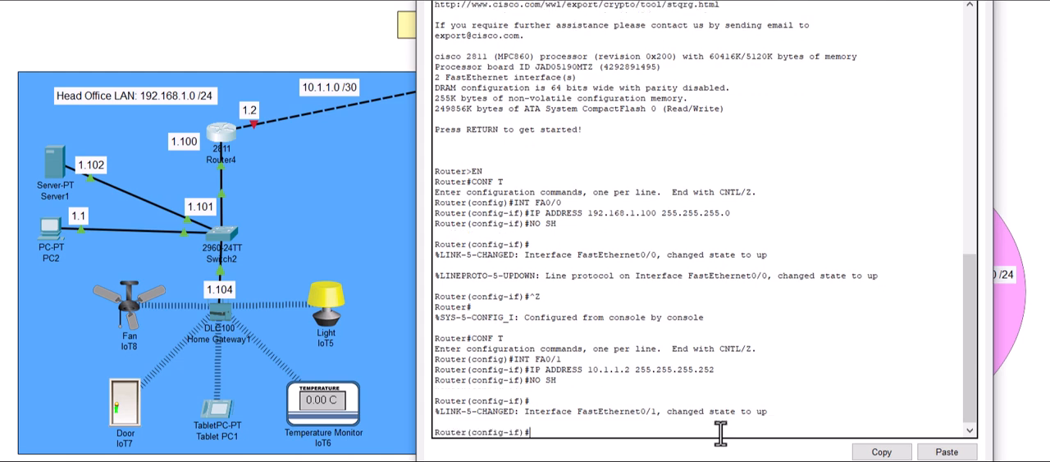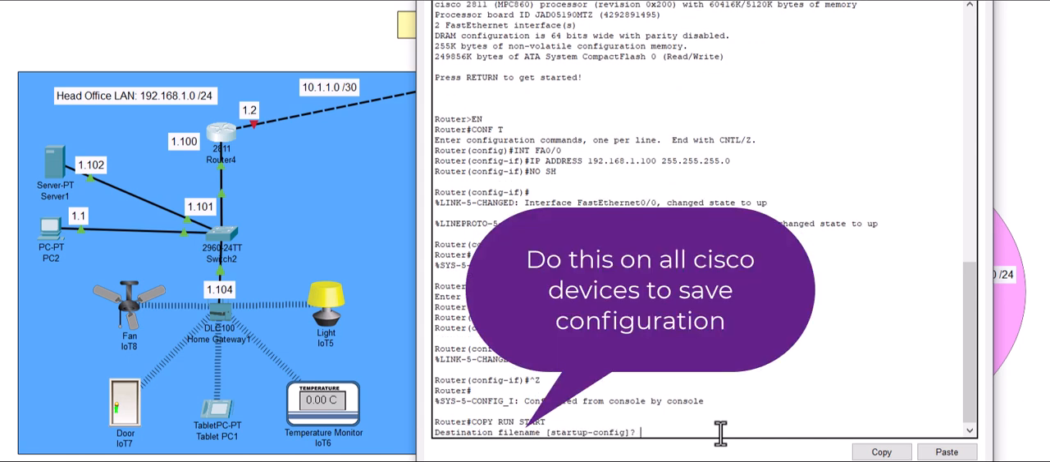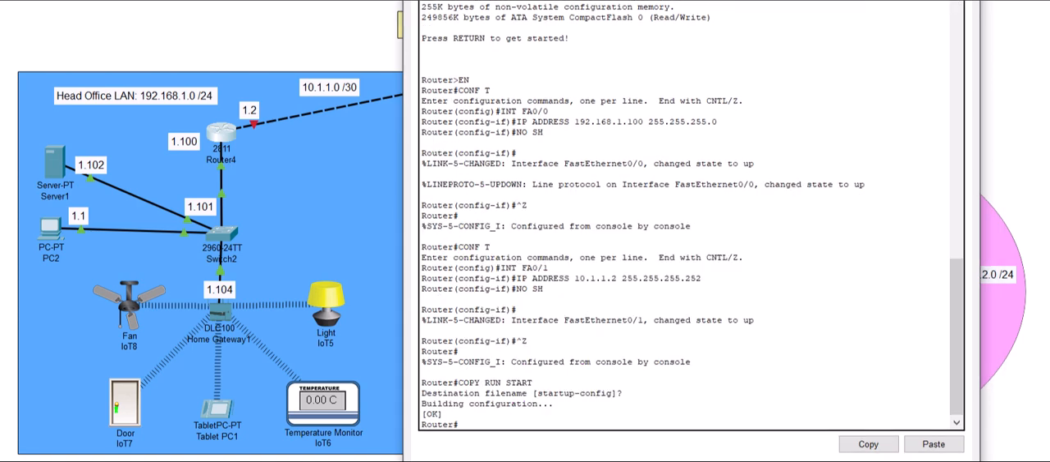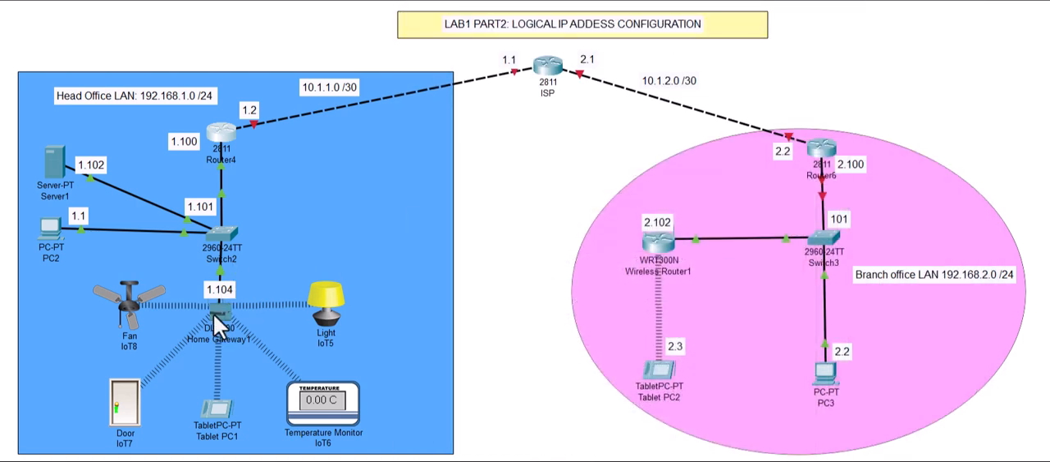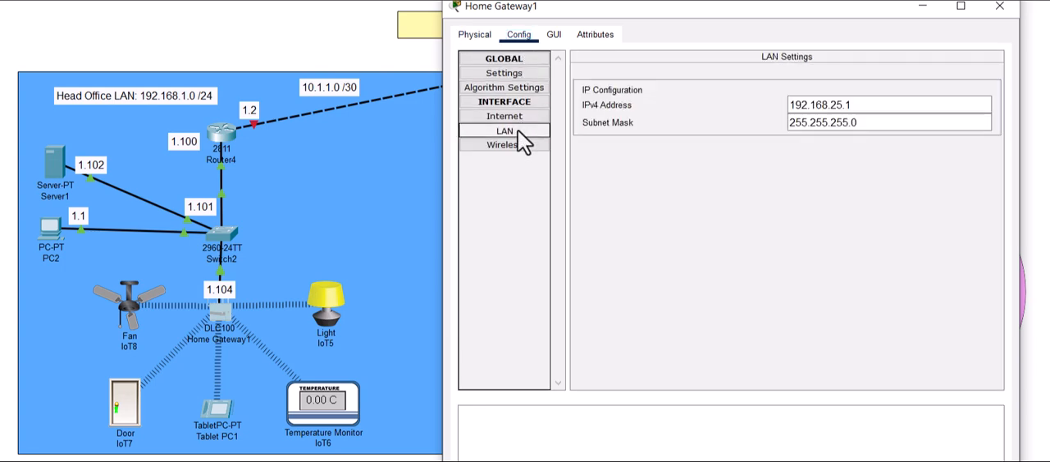To save our configuration, we can press Ctrl Z and type copy run start, and then we just press enter again. For the home gateway configuration, I'll just come to config and then LAN. Then we give it an IP address of 192.168.1.104,